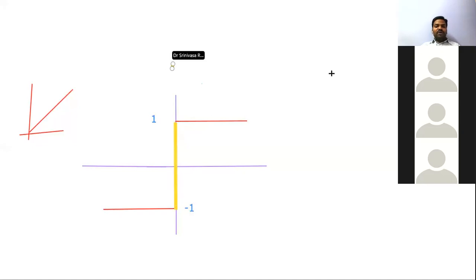Some of your friends asked that, sir, at time t equal to 0, the amplitude is also equal to 0. So obviously you can consider that one also. Now what is the amplitude here at time t equal to 0? Now please see here. This is the combination of